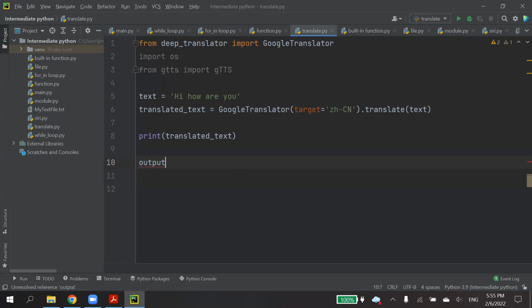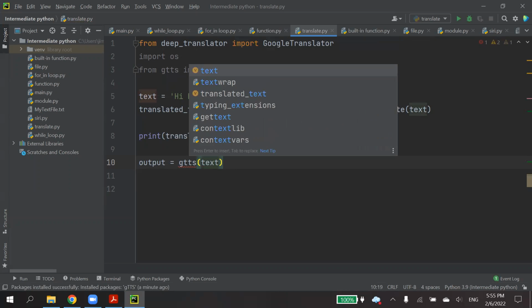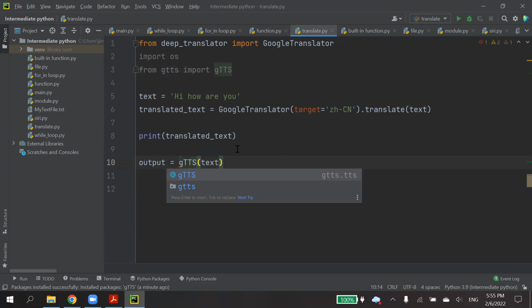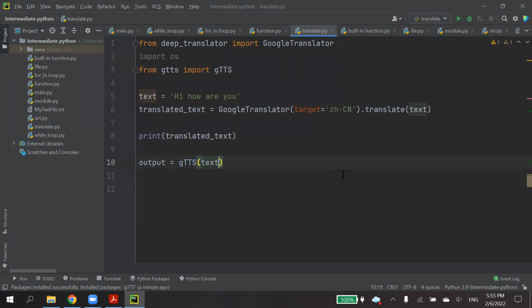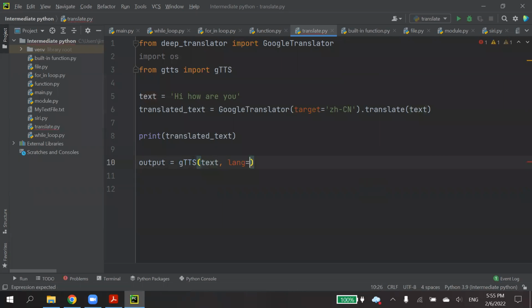Output equals to GTTS. Oops, not small letters, capital letters, GTTS, and then the text we want to convert, and the language.